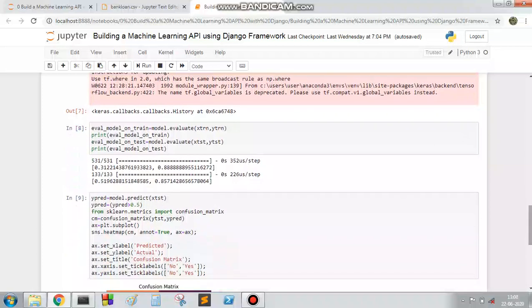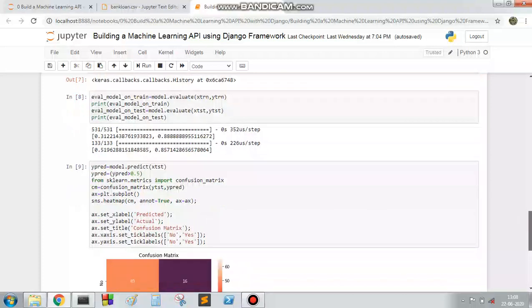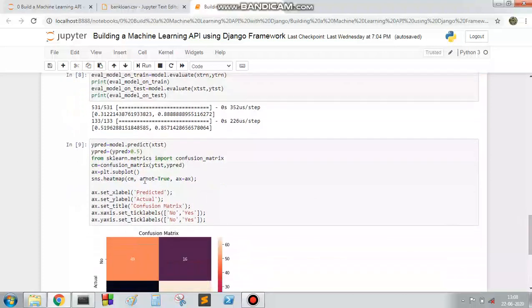And then we are predicting with the model, and doing some hyperparameter tuning. Here we are not actually doing any hyperparameter tuning, but for hyperparameter tuning's sake we will use this confusion matrix to check which parameter is suitable. We can change this value 0.5 to any other value and check the particular hyperparameter for a better result.